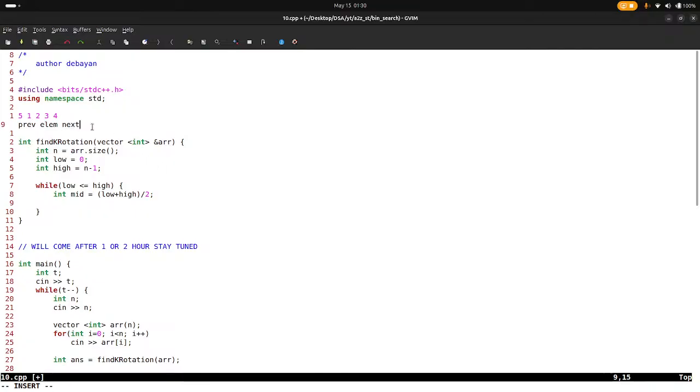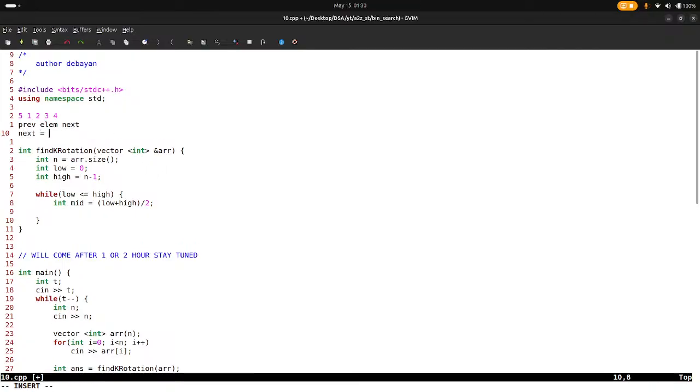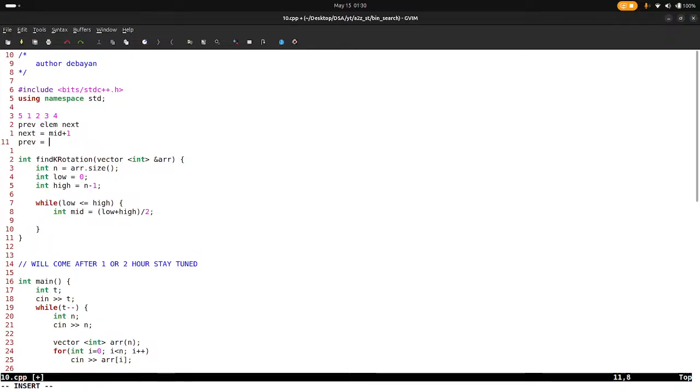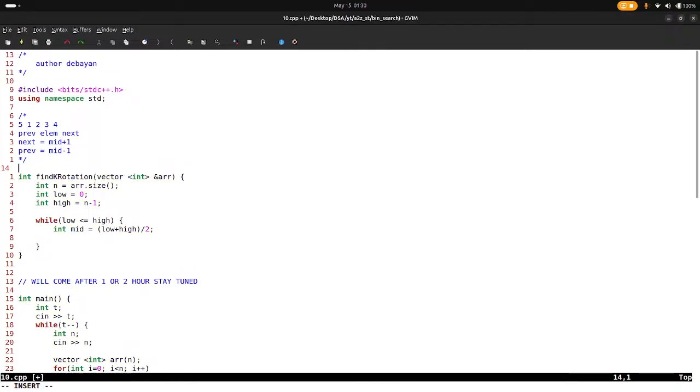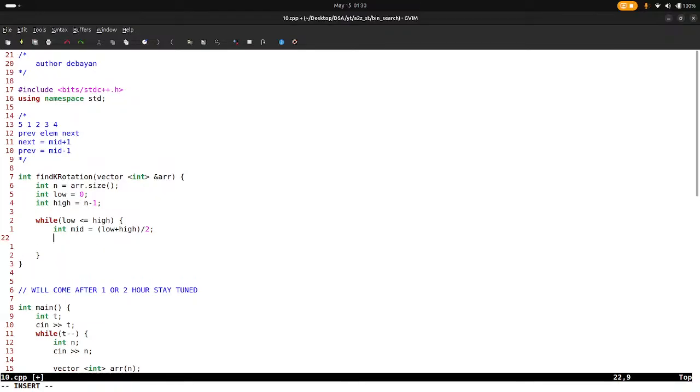So can I say that algorithmically next equals mid plus 1, and previous equals mid minus 1? That is generally my thought process for solving this problem right now. If we go through some more test cases, we can find out what's wrong with our thinking process. Okay, so int previous equals mid minus 1,